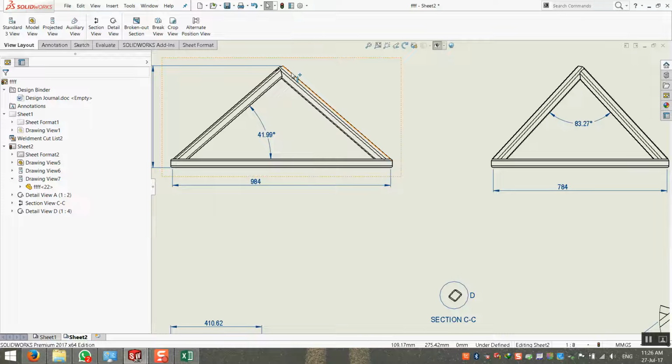But this dimension, you come to here. I will start this page only. 90. Okay? 75 and 90. When I would see it from here,